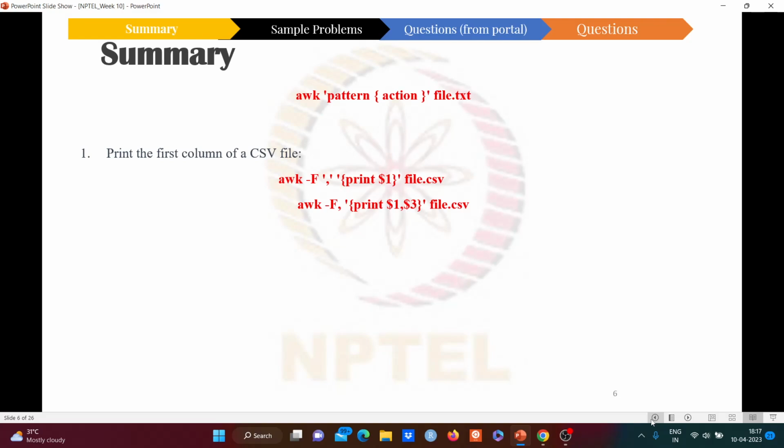First one, we'll be talking about printing the first column of a CSV file. So first, we use the awk command followed by the -F option, which specifies the field separator. Here the field separator is kept as a comma because we are using a CSV file. Then we use curly braces to give the awk commands, where print $1 specifies to print the first field of